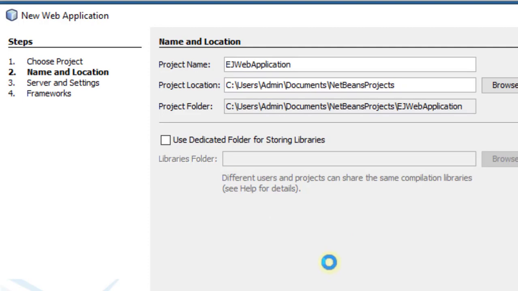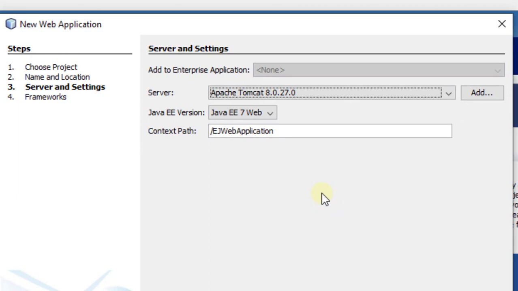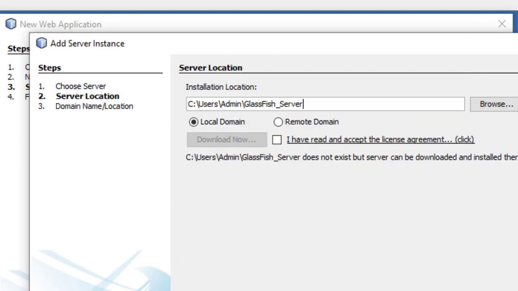Click on Next. After clicking Next, we will select the server, because a web application requires a server for its execution. By default, it is selected as Apache Tomcat. Now I want to change the server to Glassfish. So we will add this server. Just click on this Add button. There is a server you can find here, that is your Glassfish server. Just click Next, and then